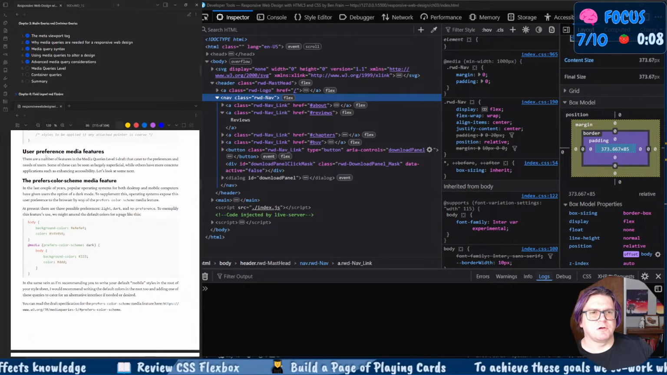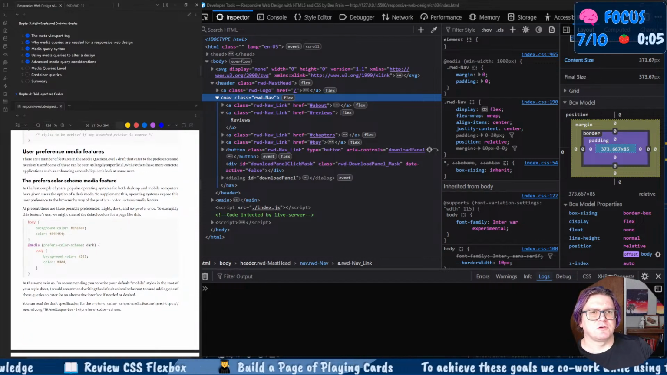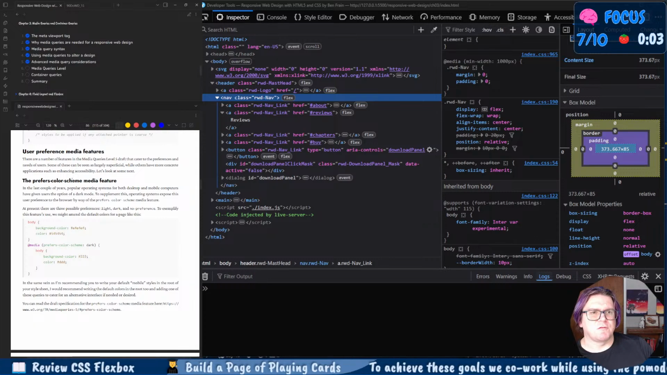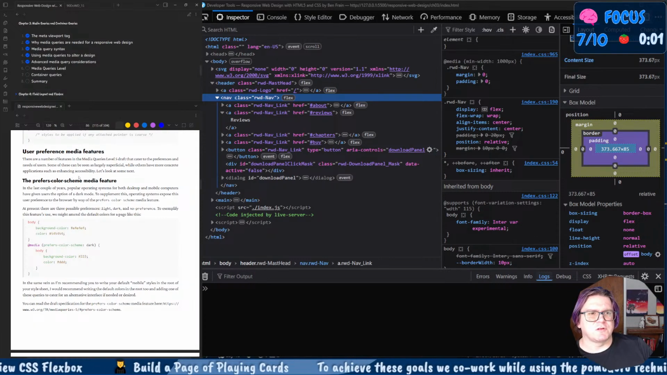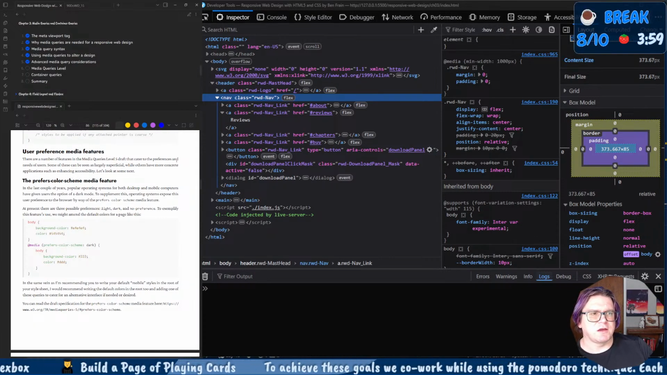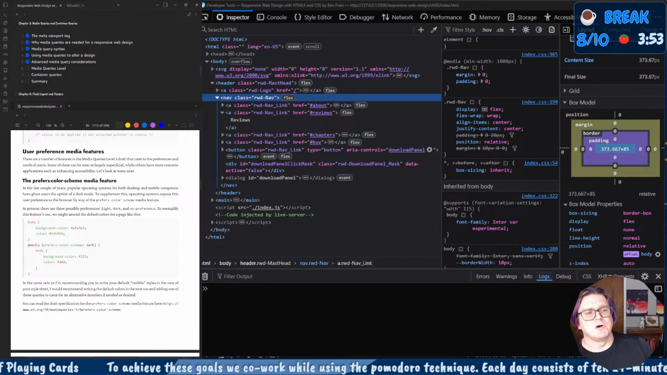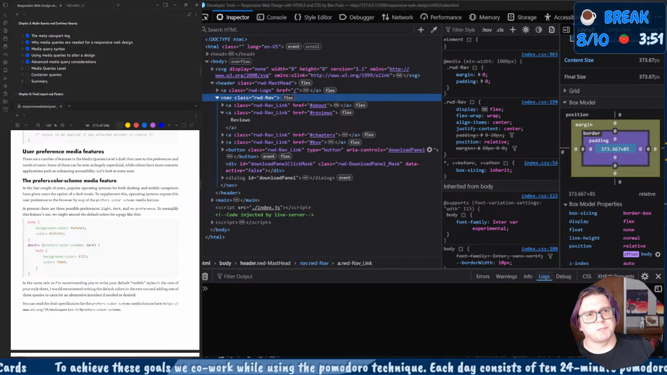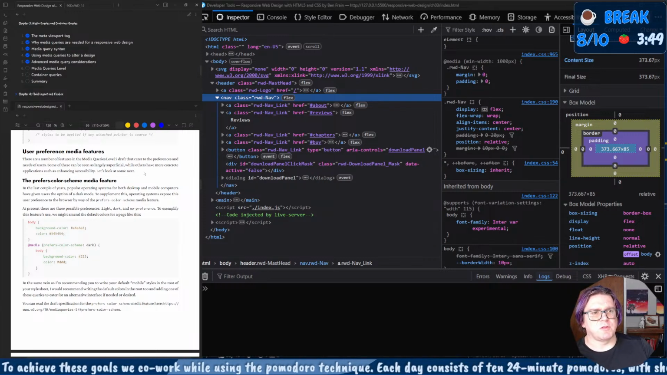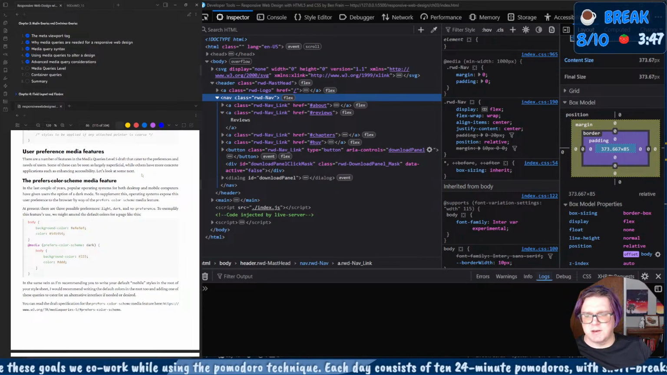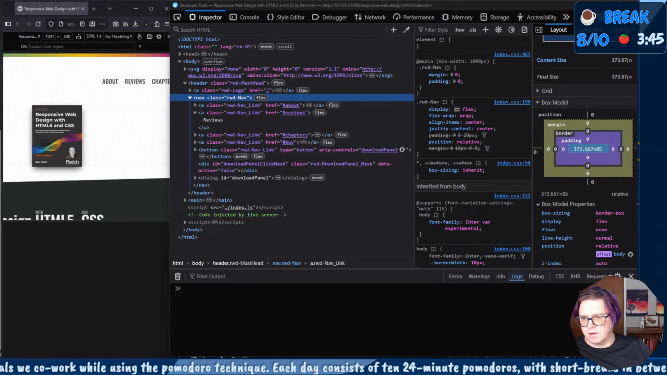All right, so user preference media features. There are a number of features in the Media Queries Level 5 draft that cater to the preferences and needs of users. Some of these can be seen as largely superficial, while others have more concrete applications such as enhancing accessibility. Let's take a look at some next. We're going to